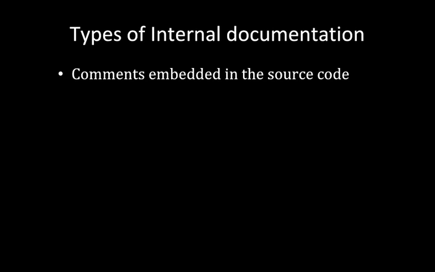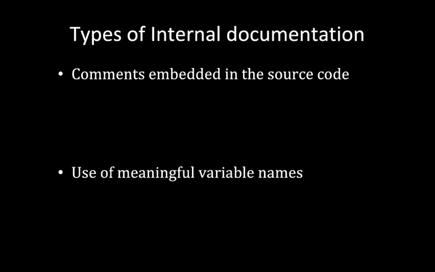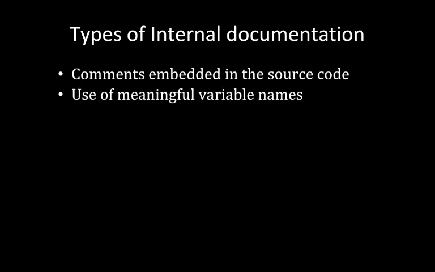So comments are an important thing in source code. We should have at least a comment for every 3 lines inside the code. Then use of meaningful variable names. So this will enhance the readability. This is an important thing. We give meaningful variable names. We should not give A, B like that. If we want to find the sum, then you have to use the variable name as SUM itself. Or if you want to find the salary, a person's daily wage, then you have to use the variable name daily wage itself. Then it will enhance the readability.